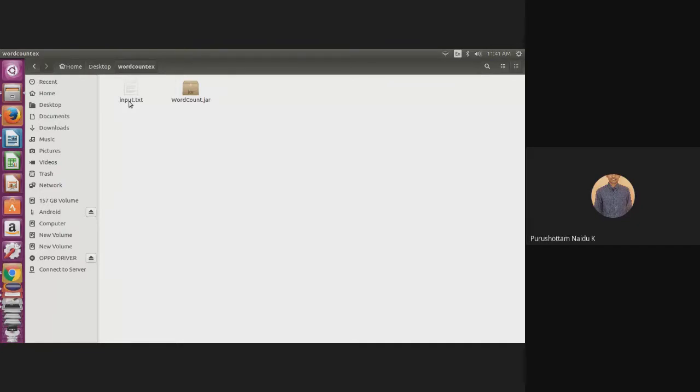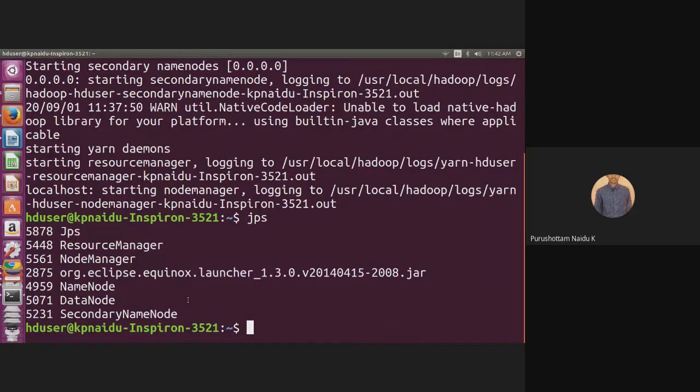Now you can see how we can move this from the local file system into the HDFS. To run any Hadoop command, the command is almost similar to our Linux commands, but we just have to add hadoop space dfs. Sometimes it also accepts hadoop space fs. Both are the same, hadoop dfs or hadoop fs.